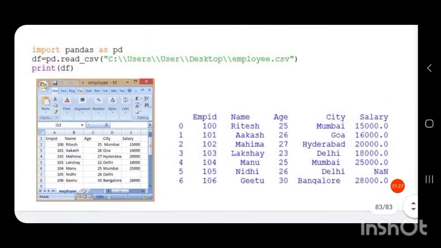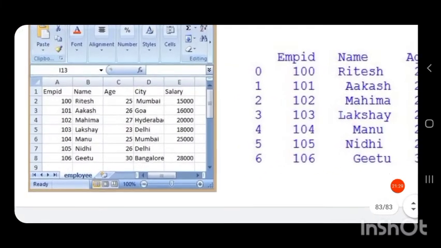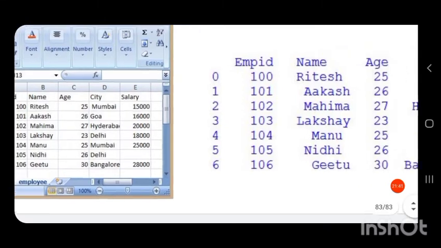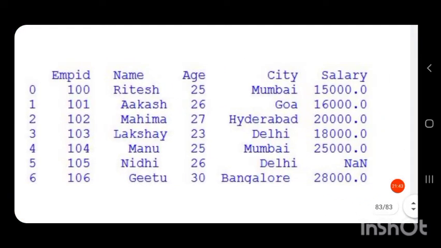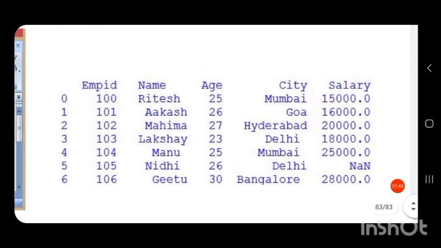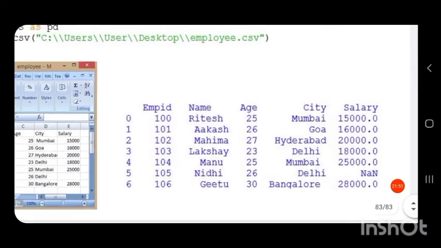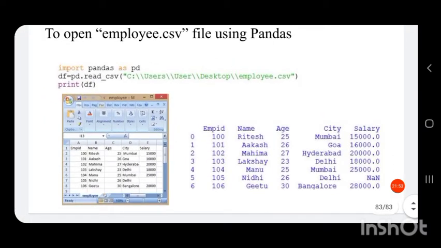The salary is NaN because in this Excel sheet the salary value for 105 is not given. So in the data frame, that place has been converted into a NaN value, not a number value.